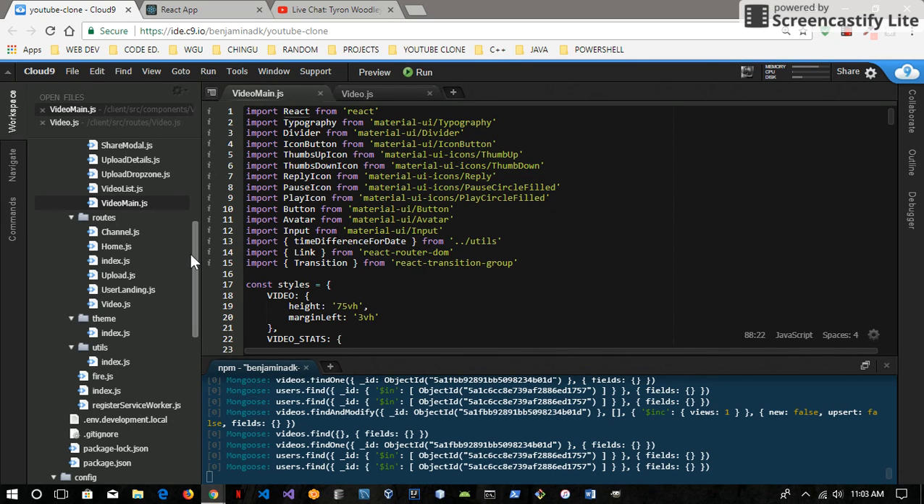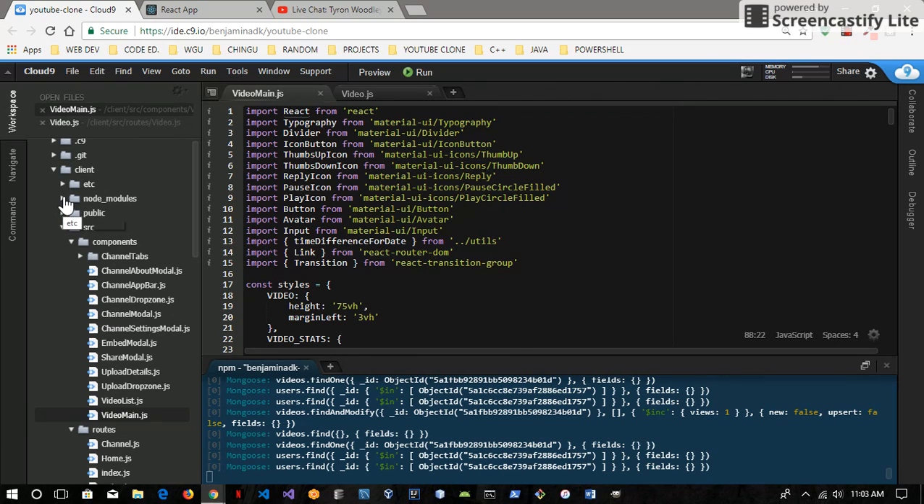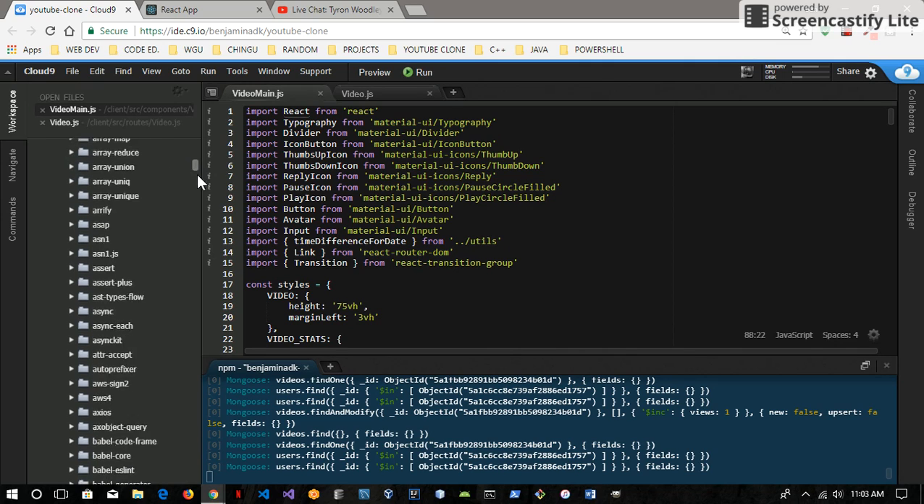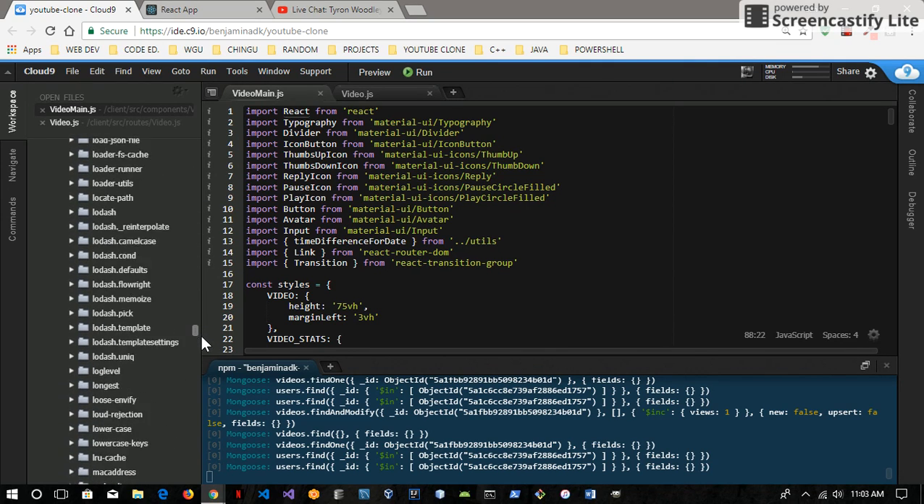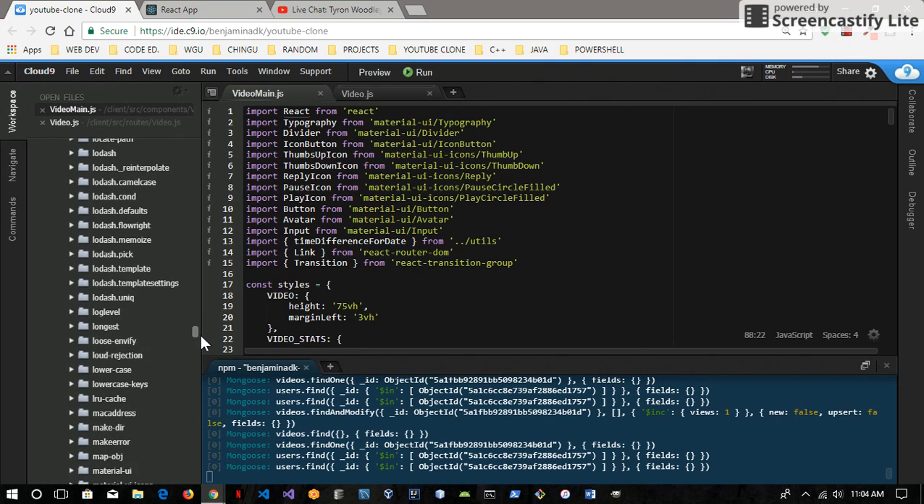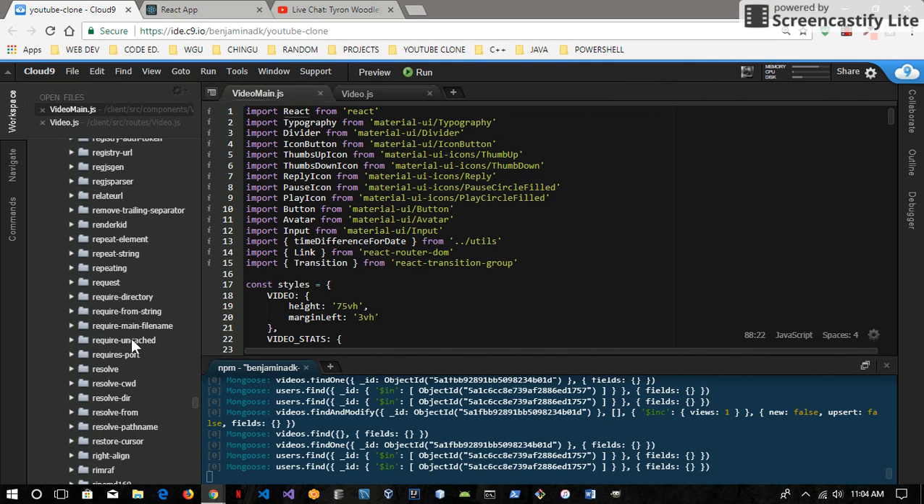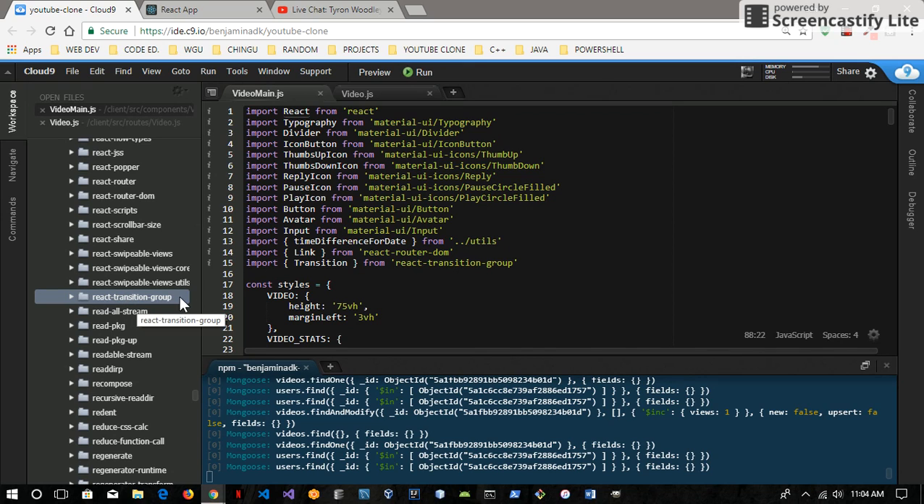You can always check what's installed in the client by going into, you're already in the client folder. You can go into node modules, and then you can look down through all your, like if you want to look at what icons you have, you'd go to the Material UI icons, and you can just look through and just see what different packages you have. You get down and you already have React Transition Group. So we got a ton of different React stuff, but right there, React Transition Group is already